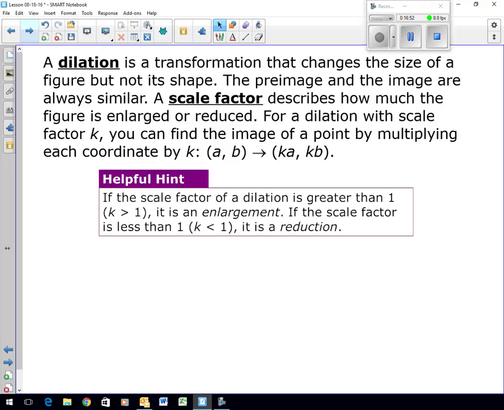Let's see here. What if I have a scale factor that equals 1? What happens to my image? Or my pre-image? The pre-image and the image would be the same. Okay. Sometimes they ask that question, and I hate it. Right. But yeah, it would stay the same, correct? The coordinate point would change. Right? If I got this down, okay, I'll go for about